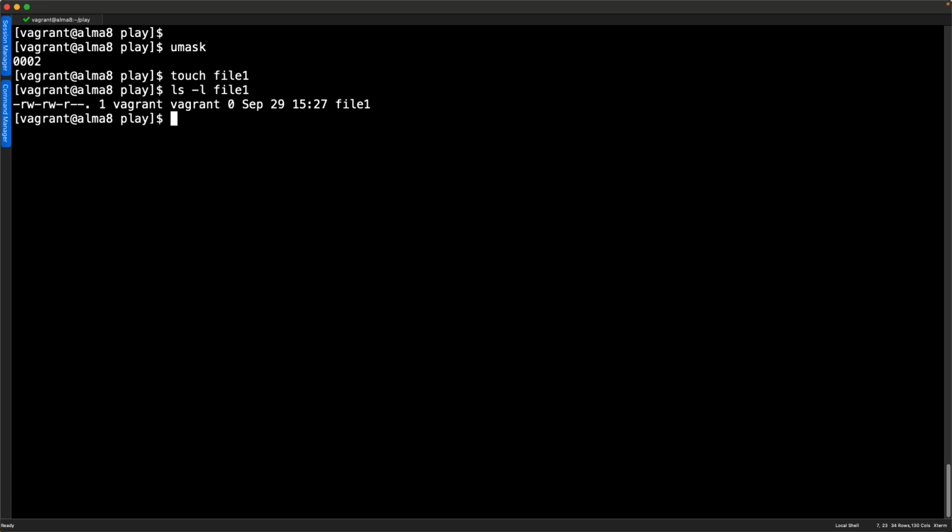If I belong to one of the groups listed, so here it checks to see if I'm a member of the vagrant group, and I don't match on the user ID, then I can pick up permissions granted to the group. But I only check the group permissions if I haven't matched on the user ID.